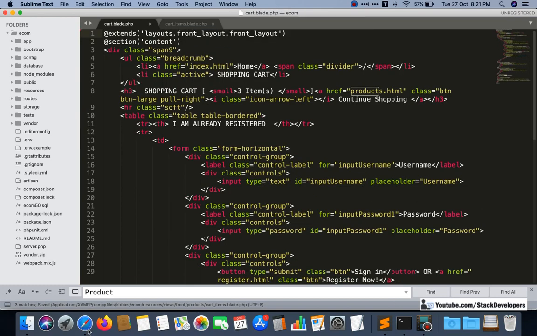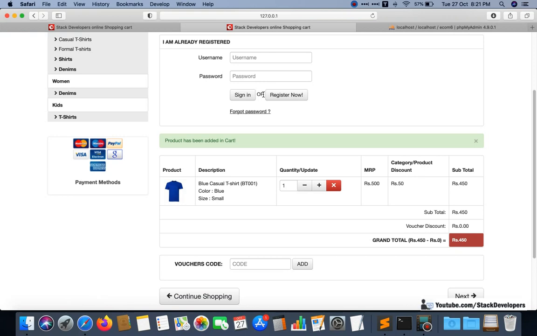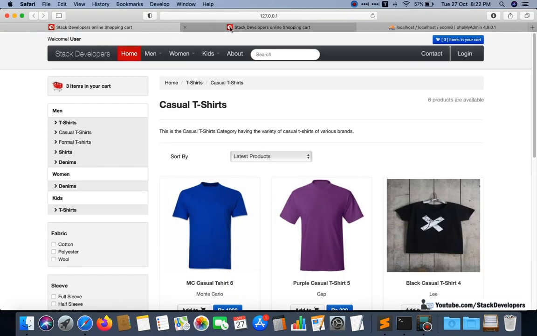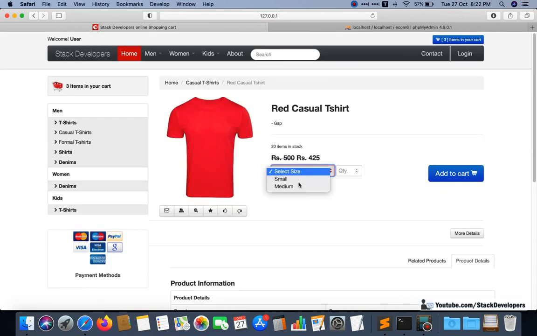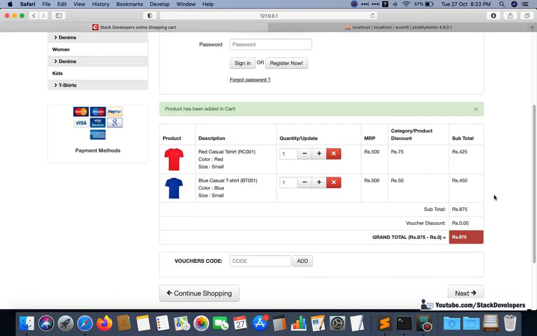So both the pages are ready, but we will check once whether the functionality is working fine or not. I'm going to refresh. We'll try adding another item to the cart. Let's see. So it is working fine.